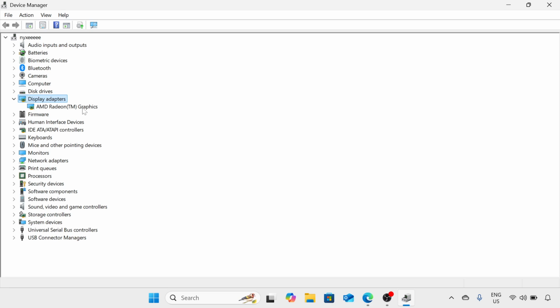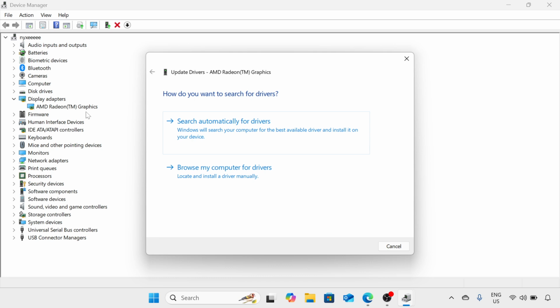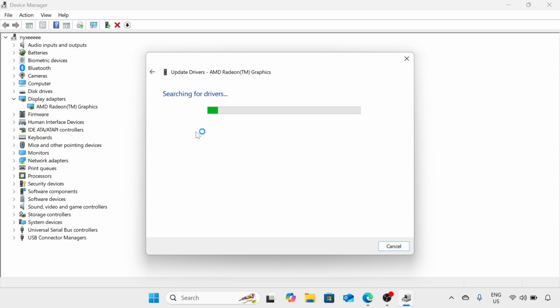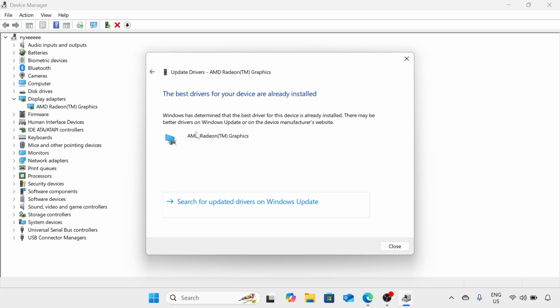So for example, if you're using AMD Radeon or even Intel or NVIDIA, then all you need to do is to update it. All you need to do is just make a right click on it and then click on Update Driver. And you will be asked, how do you want to search for drivers? Just click on the first option, search automatically for drivers, and it will automatically search